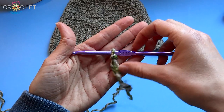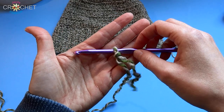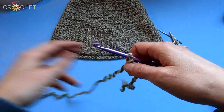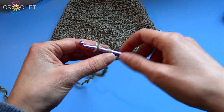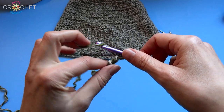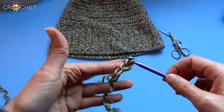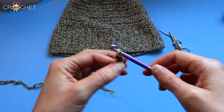And now we're going to make some chains. And because we've already decided that, for example, I want my cuff to be 2.5 inches deep, or 7 centimeters, I am going to chain a length that measures that. Now, because I don't know exactly how deep that's going to be right off the top, I'm going to start with 10 chains, and then I'll measure it. And in order to chain, you wrap your yarn around your hook, and you pull that loop through the loop that's on your hook. And you can wrap the yarn or grab the yarn however you feel comfortable. Everybody's a bit different, and there is no right way to do this. What you want to achieve is a chain, and however you get that chain is exactly up to you, whatever's comfortable. So you're going to go ahead and you're going to chain 10,